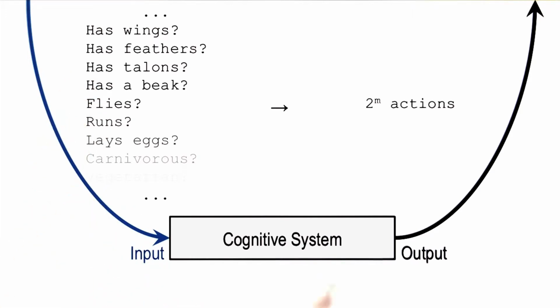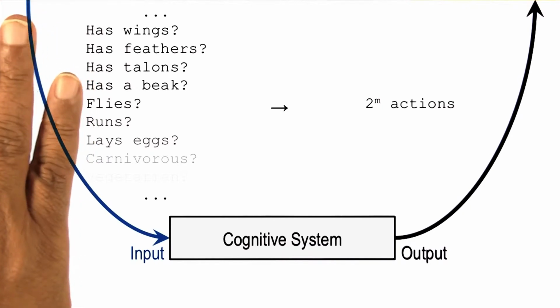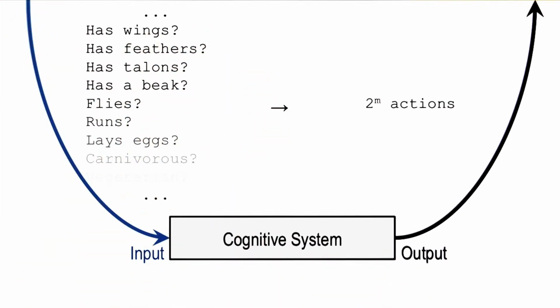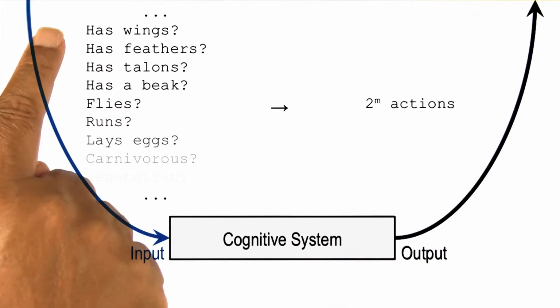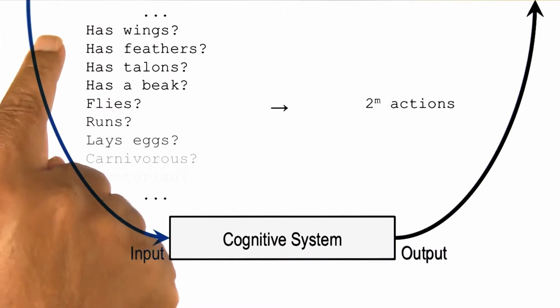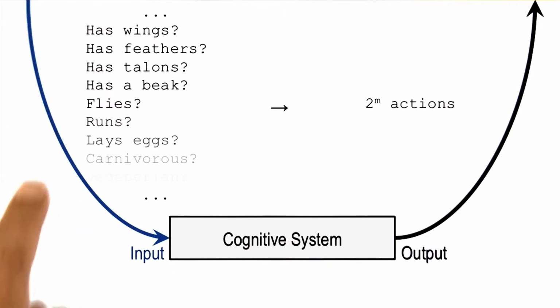As an example, this cognitive system may see some object, some animal, when it goes to the zoo. This might be an AI agent or perhaps your friend who goes to the zoo and looks at some animals, and there are a large number of percepts in that environment: has wings, has feathers, talons, beak, and so on. For simplicity, let's assume that each of these percepts is binary. It's either true or false. So either the animal has wings or doesn't have wings.